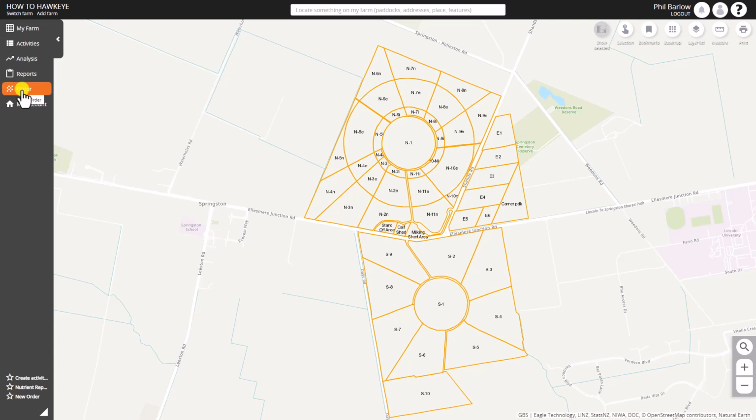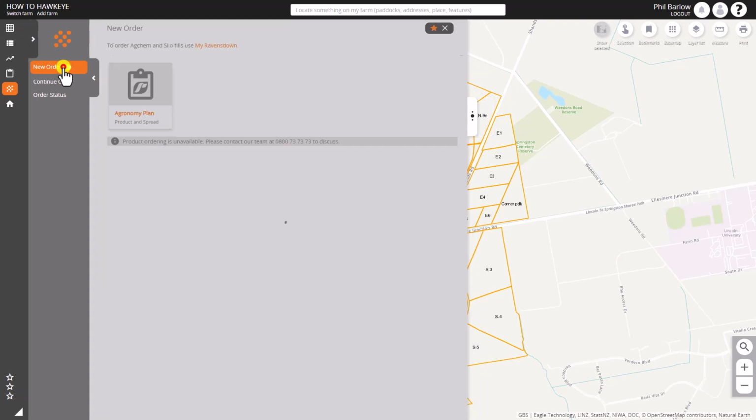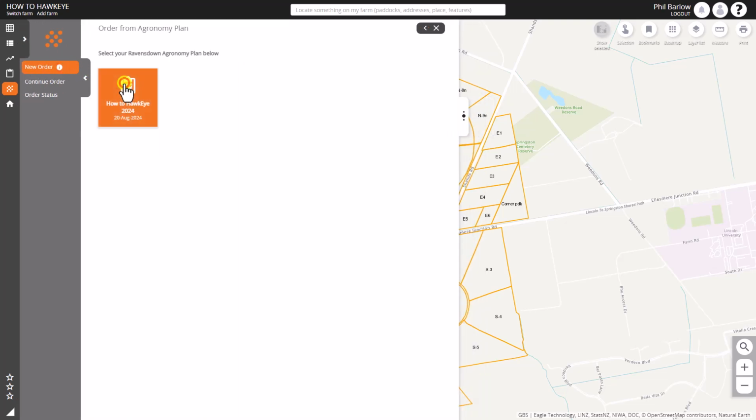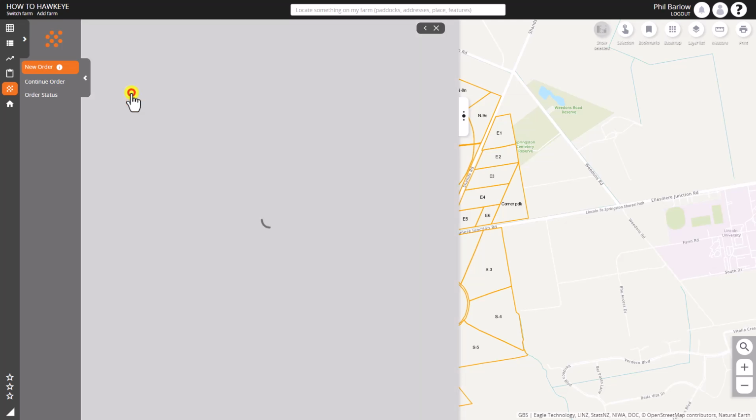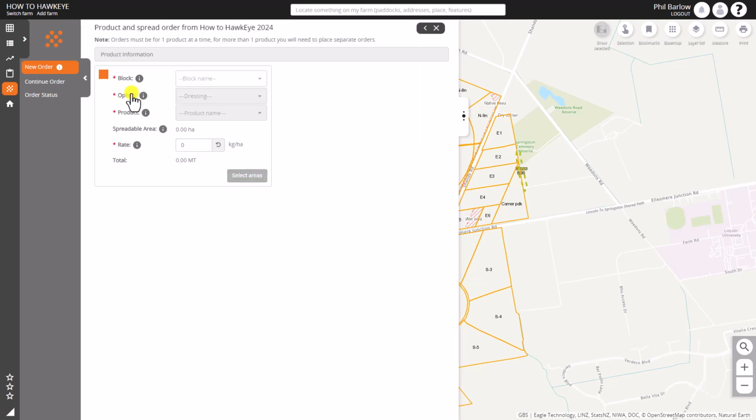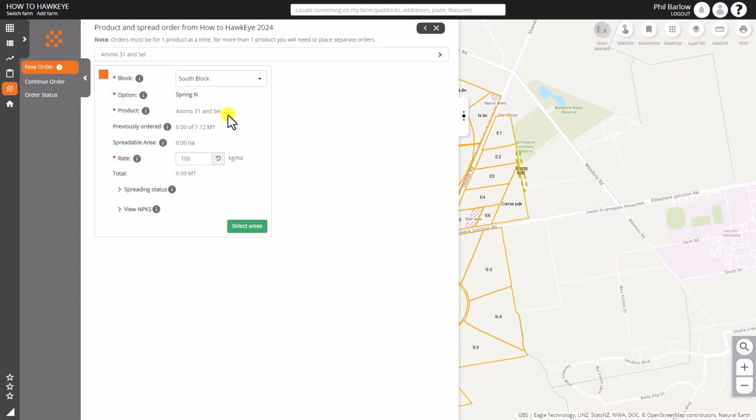Today we're going to look at ordering from an agronomy plan. So from the Order, New Order menu, we're going to click on Agronomy Plan, and How-To HawkEye is the name of our plan that we're going to order from. In the top there we can see the block names. We're going to jump down to South Block, and we can see different pieces of information that have been brought